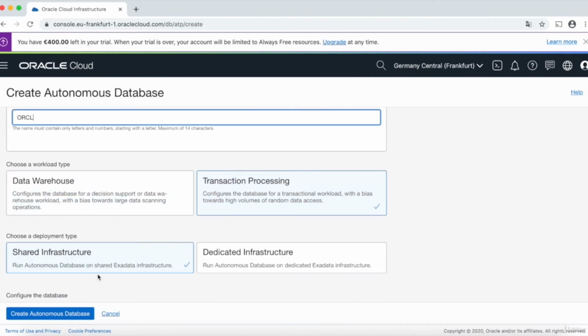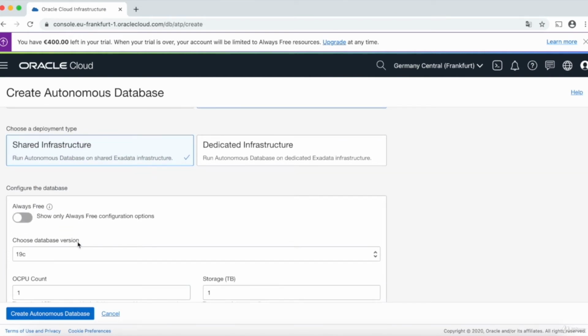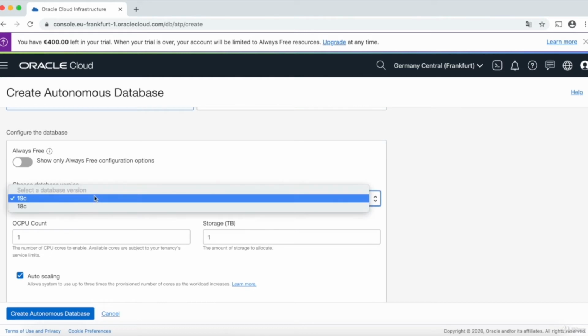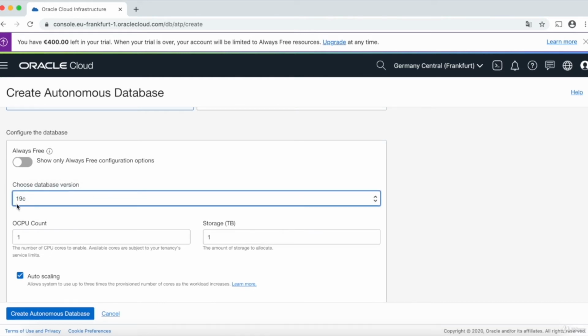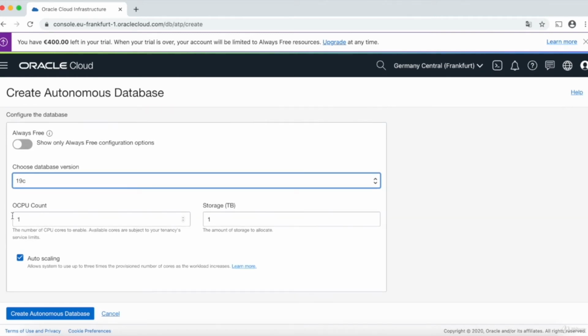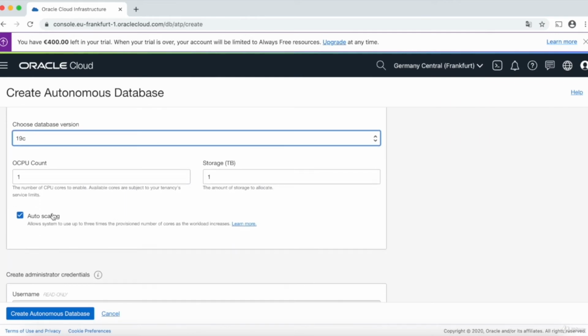I will select the shared infrastructure. I select the database version. I will select the 19C, which is the recommended version because it's going to be the long time support version. The number of CPUs, I will keep it to 1. Also 1 terabyte of storage, which is the minimum. And also here, I have the possibility